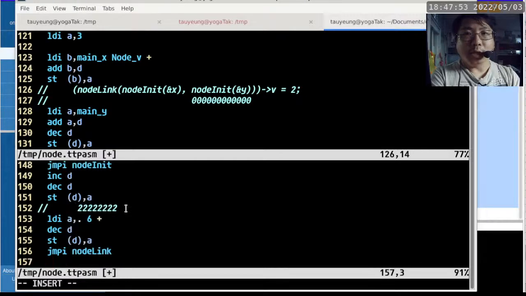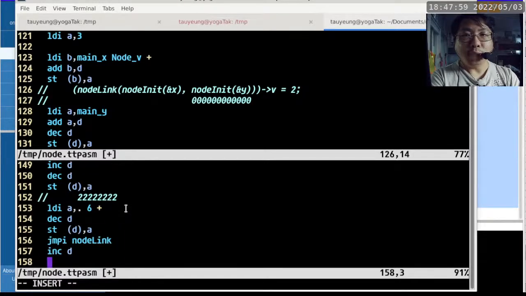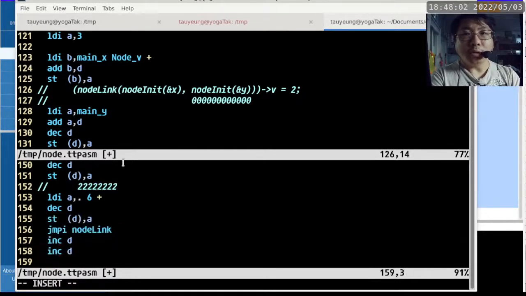And when it does return, we got two things that we need to clear on the stack, right? We need to increment D twice because there are two arguments. Node link has two arguments. The first one is this return value. The second one is this return value here. So those things are still sitting on the stack that I have to get rid of because they're no longer needed. So now that we have gotten rid of those two extra arguments on the stack, now we can think about,